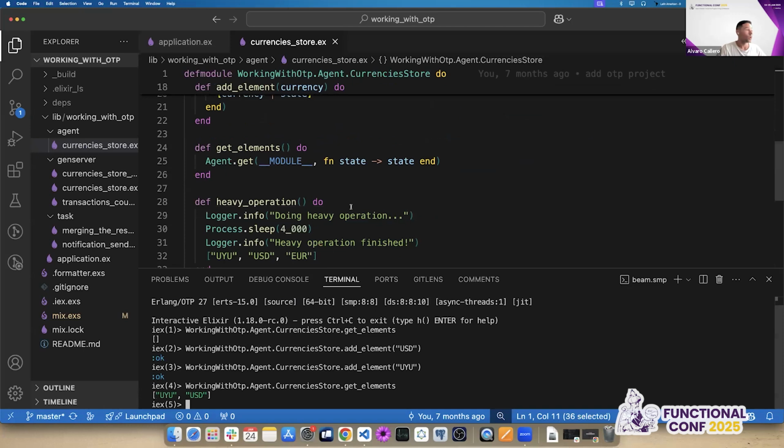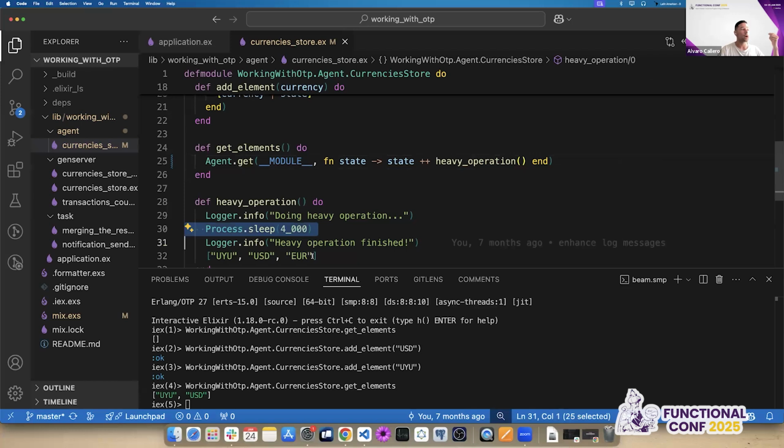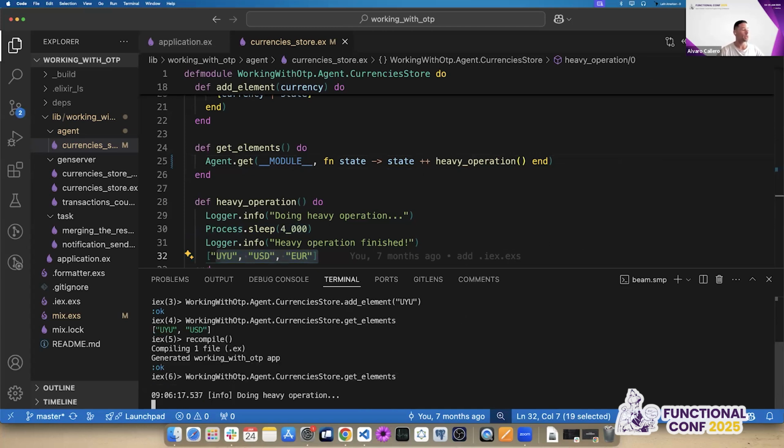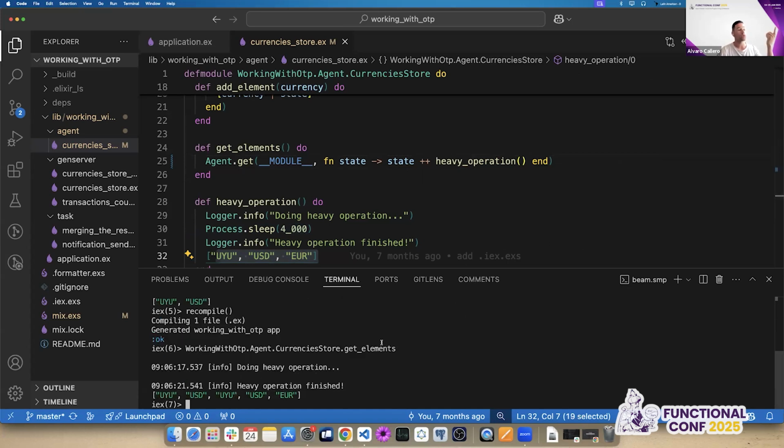currencies, okay? What happened, for example, if in the get element, instead of just returning the current state of the agent, I wanna return more currencies. Let's say that apart from returning the current state, I wanna make an API call or something that will take 4 seconds. And after that, I wanna append more currencies. I will recompile here because I just made a small change. And if we execute the get element, we can see that this is being blocked for 4 seconds. And the client, this is the process that is actually calling the agent, will be